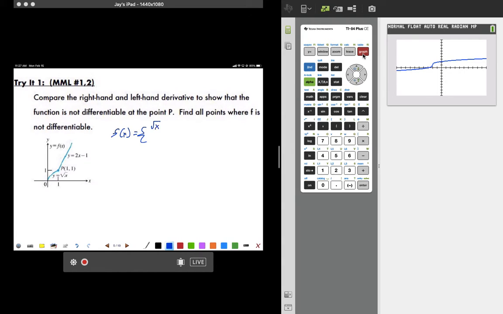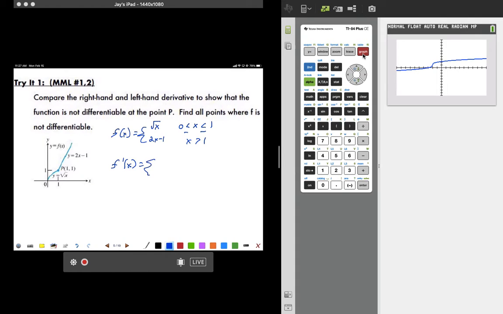And it's going to be the square root of x when x is between 0 and 1 inclusive. And it's going to be 2x minus 1 when x is greater than 1. Okay, pretty easy piecewise function to come up with. So if I go to do my power rule here, I'm going to end up with f prime of x